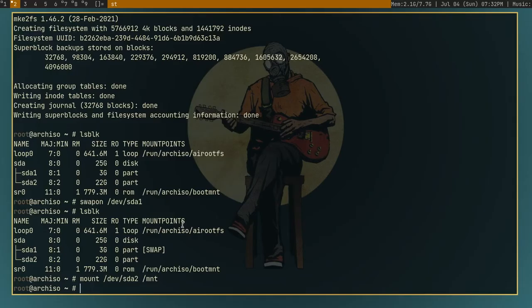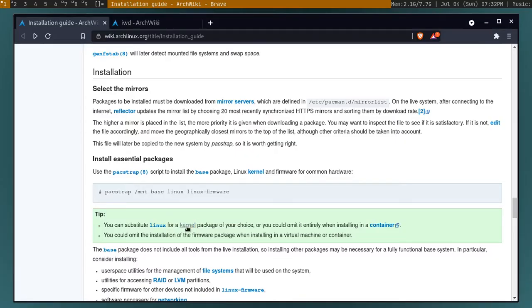The command for this is pacstrap, then the mount point which is /mnt, and then the packages you want to install. First one is base, then linux, the kernel itself, linux-firmware, and then a text editor. In this case, I'll just use nano. Again, if you know how to use Vim, you can use Vim. But if you are a beginner, use nano. It's a pretty beginner friendly editor. But I recommend after you have installed Arch Linux, try to learn Vim.